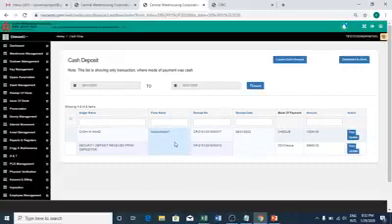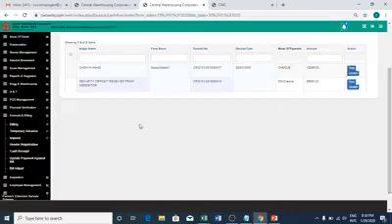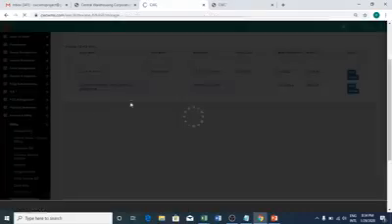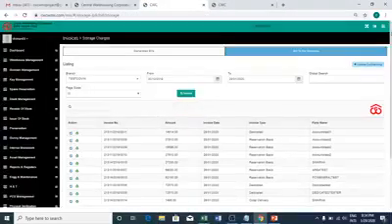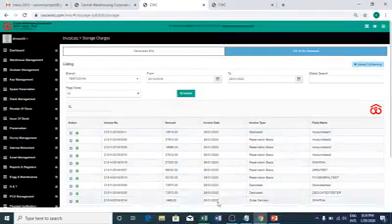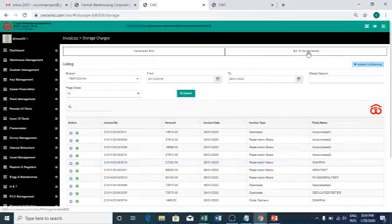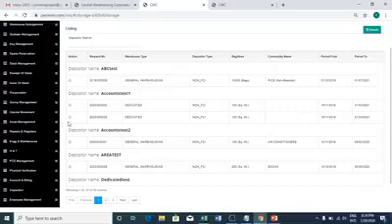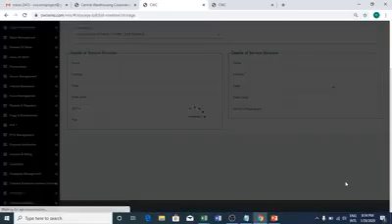Now we will also see how subsequent monthly bills are generated for this party. To generate the next month's bill, we are going to go into billing, click on storage bill. There are two options on the top. One is the generated bills, which gives you the list of bills which have already been generated. And the other is bills to be generated, which means what are the bills to be generated. Let's click on bills to be generated. You see here accounts test one. So what you do is you click on this reservation and then you press generate bill.